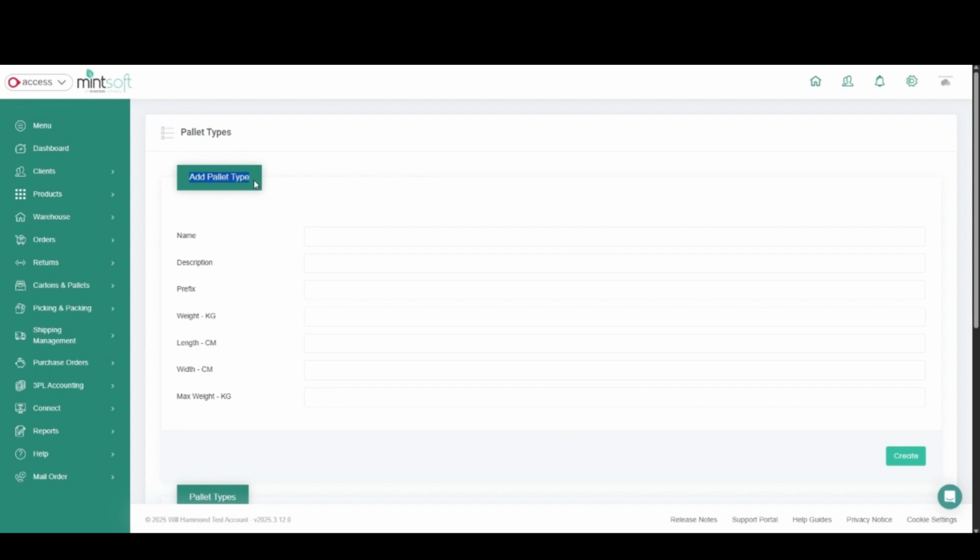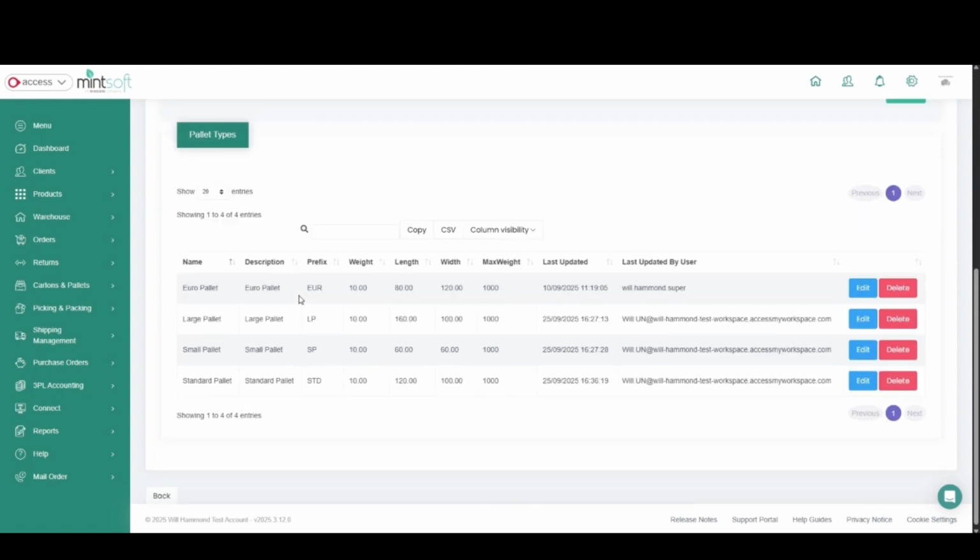At the top of the page, you can add a new pallet type. You can put a name, a description, a prefix, weight, measurements, and then a maximum weight for the pallet type. If we scroll down, we can see some examples that have been made previously. For example, a Euro pallet. We have the name Euro pallet, the description to match, the prefix which will go at the beginning of any automatically generated pallet ID, for example